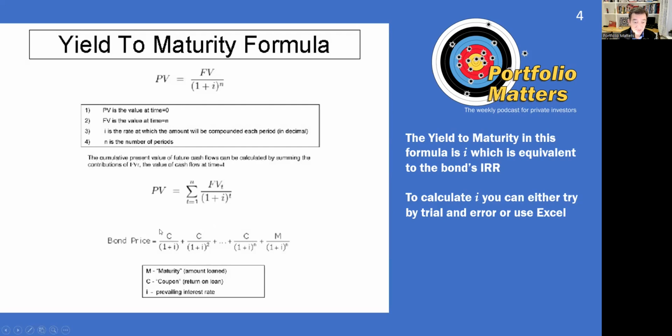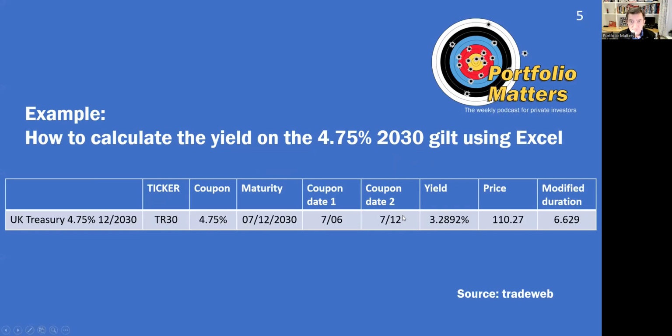So now, if you know the bond price and you know the cash flows, you can back out the implied interest rate. Now, that's actually done by trial and error, and the formulae in Excel actually do that by iteration, i.e. trial and error. Now, to illustrate the different ways of calculating the yield to maturity, we are going to use one bond, the